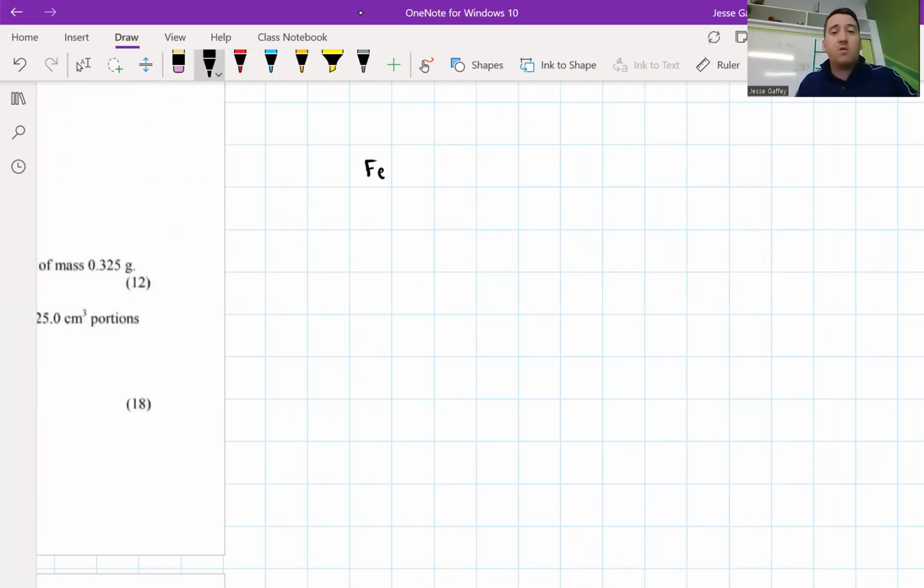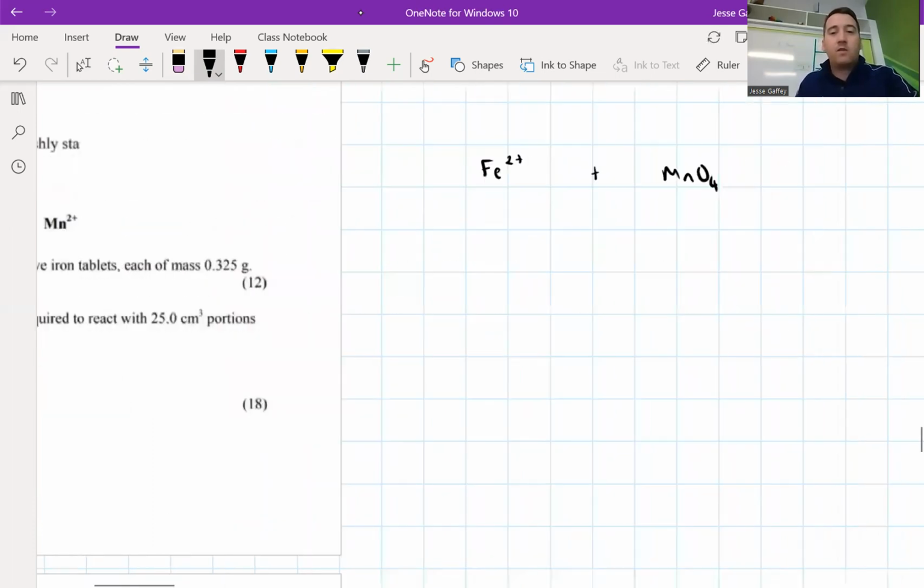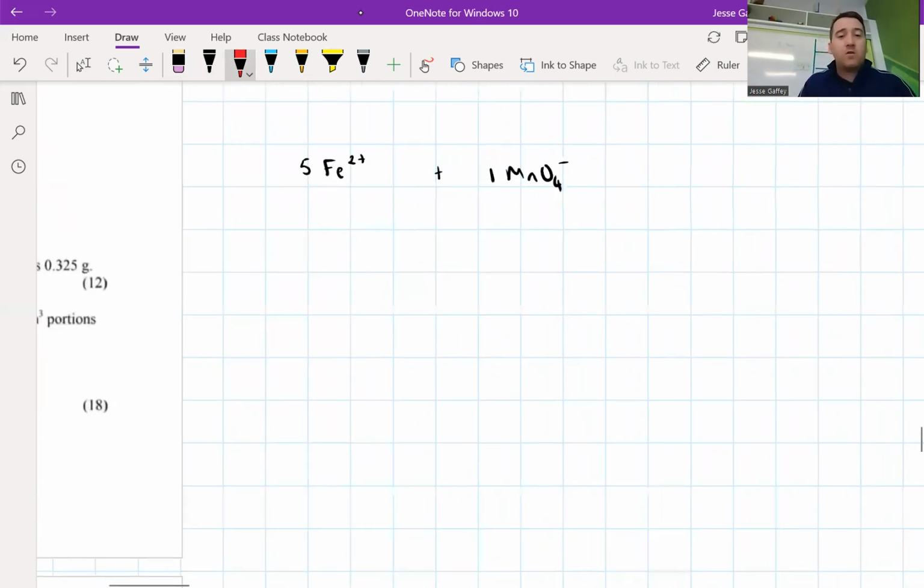So it's Fe2+ plus MnO4-, and the ratio here is 5 Fe2+ to 1 MnO4-. Now you could skip all this and just start trying to put numbers down and all the rest, but then the problem again is that you're going to get lost, or you're possibly going to get lost. All right, so the next thing I do, using 2 arrows underneath,